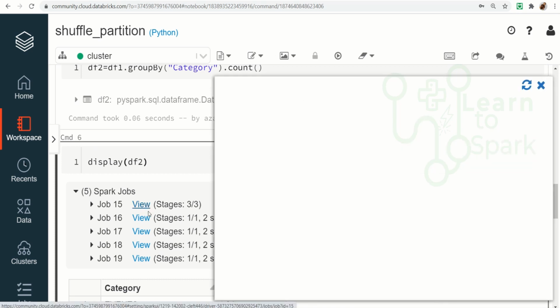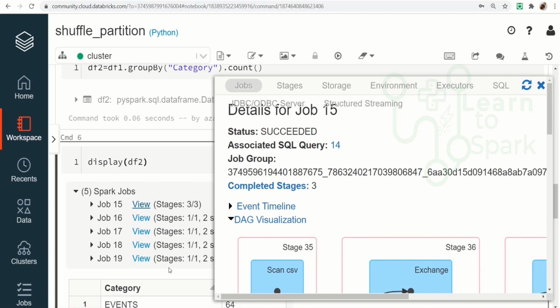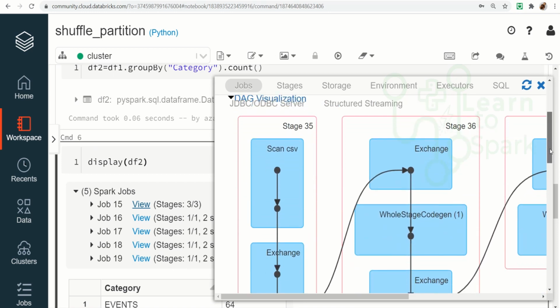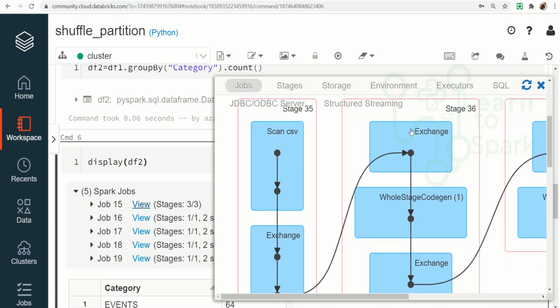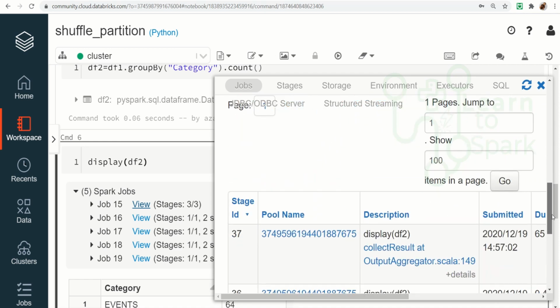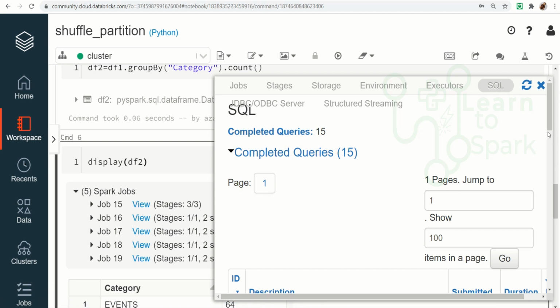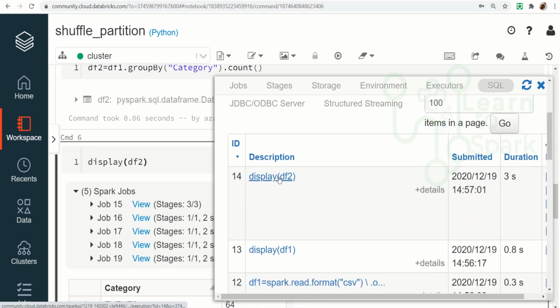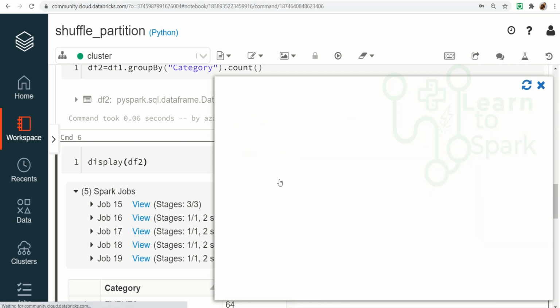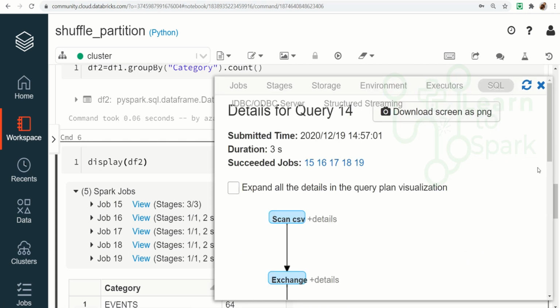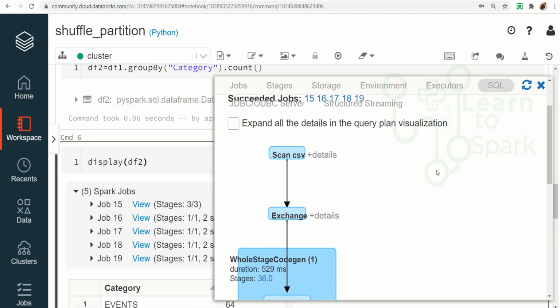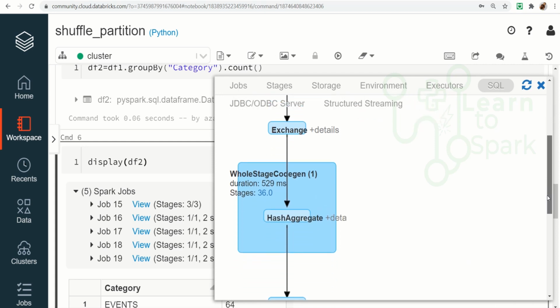We have around 5 jobs here, and in this first DAG visualization itself we can see there is an exchange, which tells us it has some shuffling in it. To confirm more, we can go to the SQL tab and choose the display of df2. Here you can find first it is scanning and then we have an exchange.